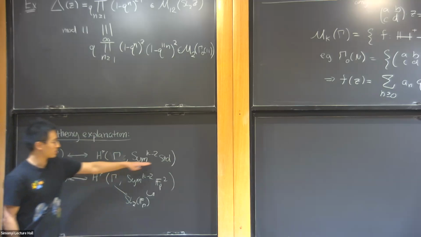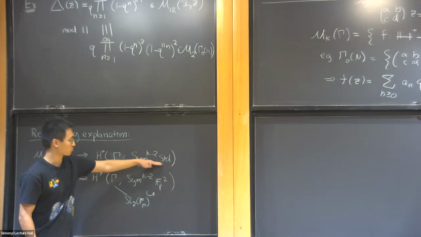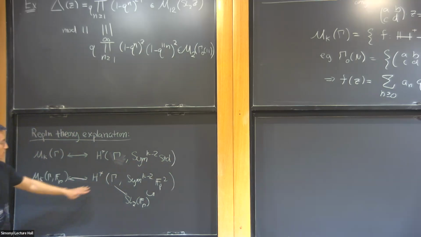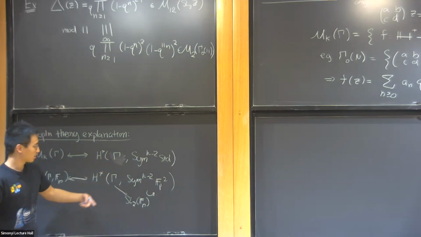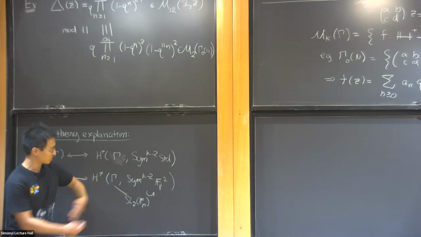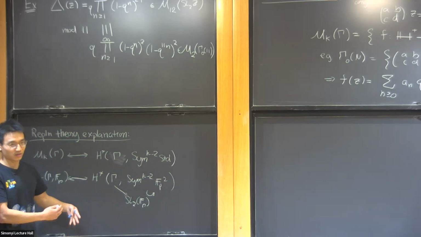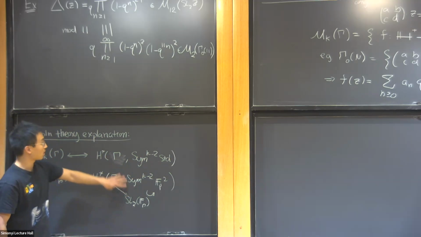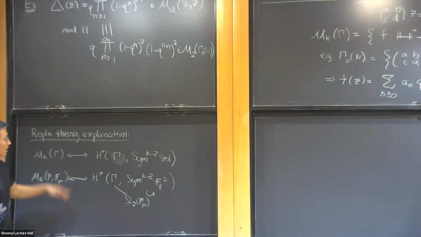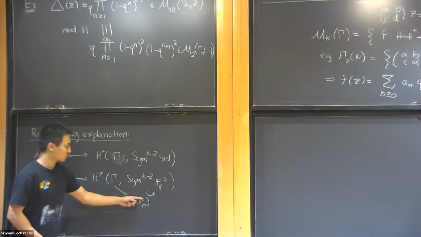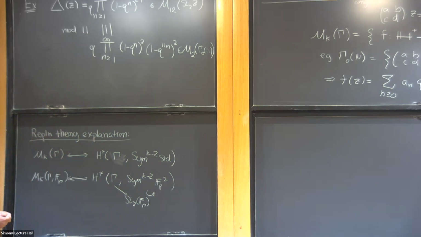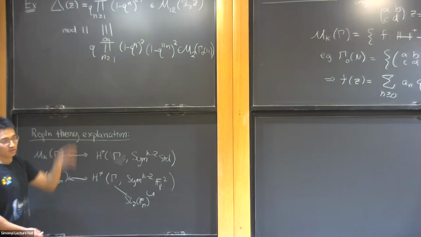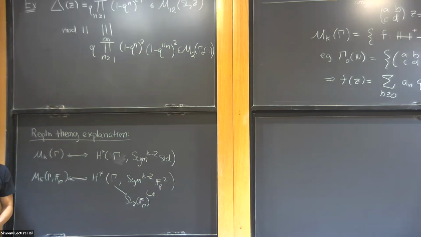And so although all these representations are irreducible and distinct from each other as k varies in characteristic 0, in characteristic p, they start to collapse amongst themselves a lot. And this collapsing will lead to a lot of coincidences in their Hecke eigensystems. So that's what explains this particular example. And what I'd like to do next is to study this representation theory quantitatively enough so that it becomes completely transparent why this particular example occurred. Any questions?